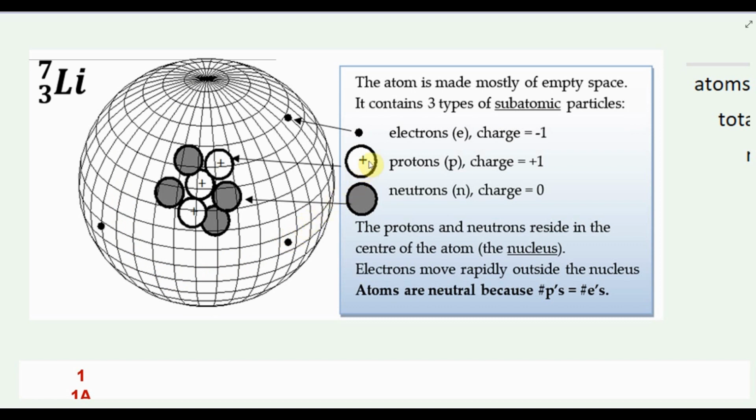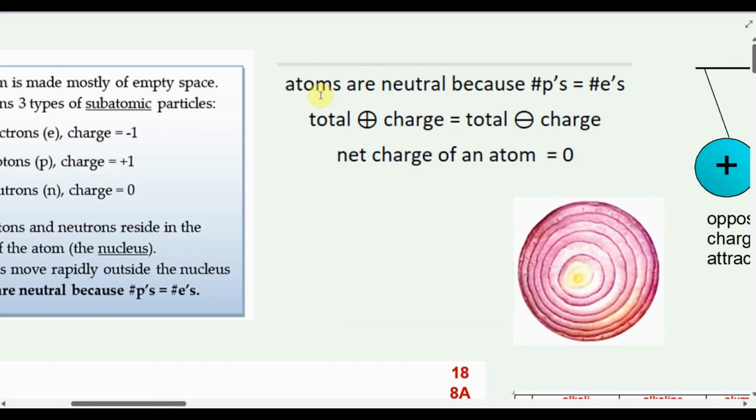Now the protons have a positive charge of +1, and despite their minute size, the electrons have an equal in magnitude charge, but it's -1. So the protons and electrons are equal in magnitude in their charge, but opposite in sign. A very important and fundamental fact about the atoms is that atoms are neutral because the number of protons is equal to the number of electrons. So we're saying that the total positive charge of all the protons is equal to the total negative charge of all the electrons, which means the net charge of any atom is 0 because the total number of positive and